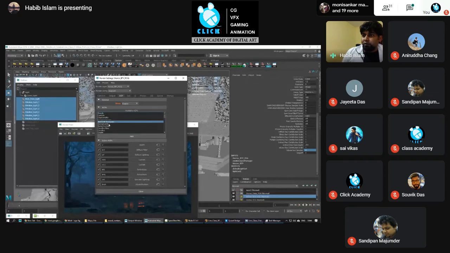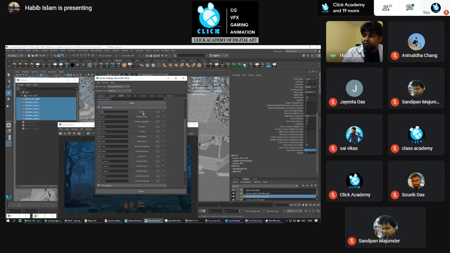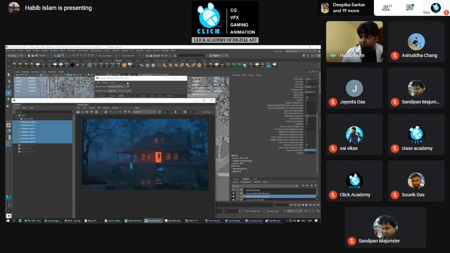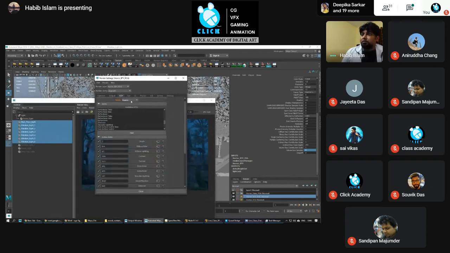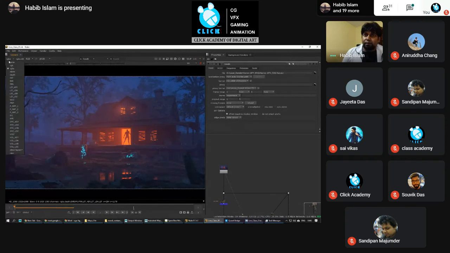Like this is ambient occlusion, normal, depth, caustics, diffuse, emission. All the passes you'll get: specular, reflection, refraction, volume. So here I've added all the passes. Like this is depth pass, this is diffuse pass, and this is all the lighting pass. All the passes I've added, and after that, just switch on the render. This is enabled. Then after you render, you'll get the render like this.